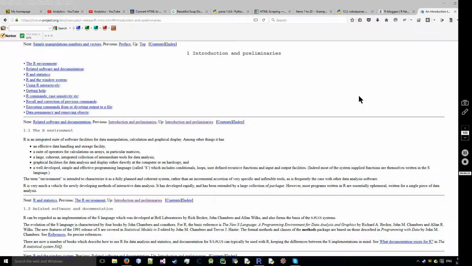1.1, the R environment. R is an integrated suite of software facilities for data manipulation, calculation, and graphical display. Among other things, it has an effective data handling and storage facility, a suite of operators for calculation on arrays, in particular matrices, a large coherent integrated collection of intermediate tools for data analysis, graphical facilities for data analysis and display either directly at the computer or on hard copy, and a well-developed, simple, and effective programming language